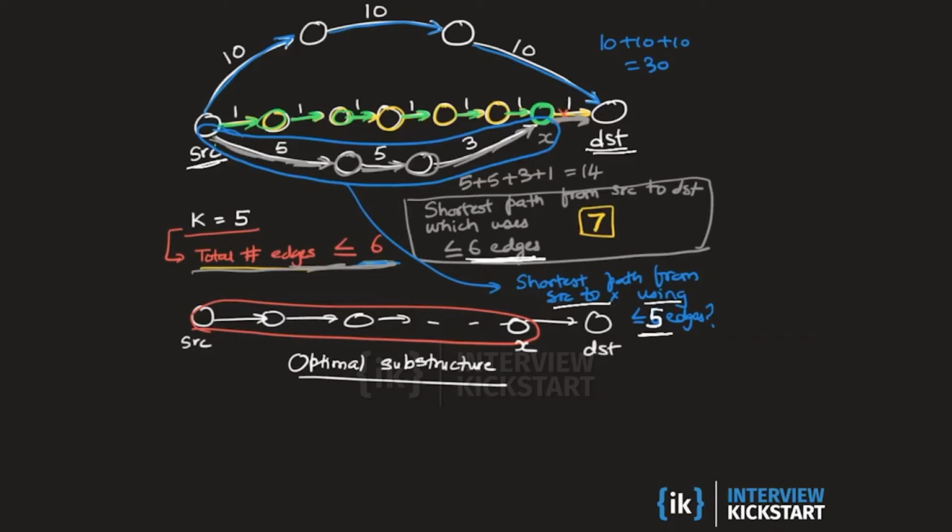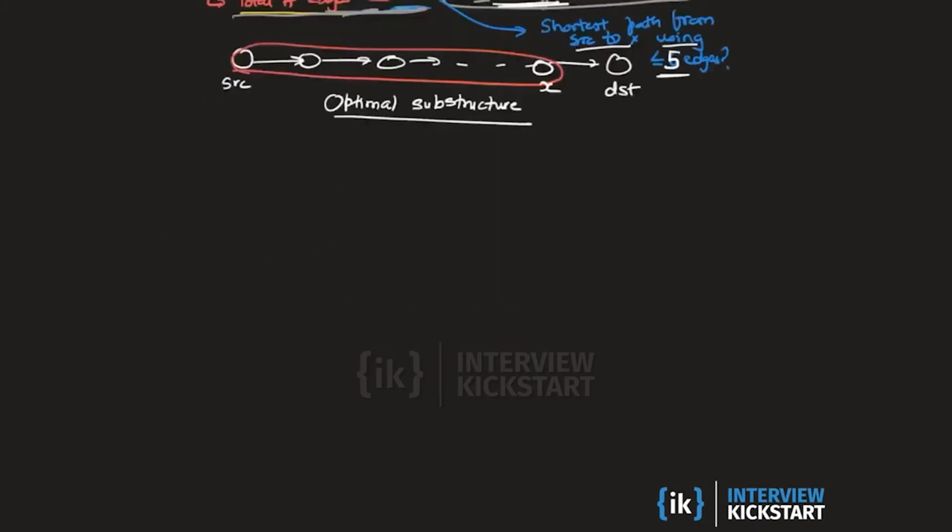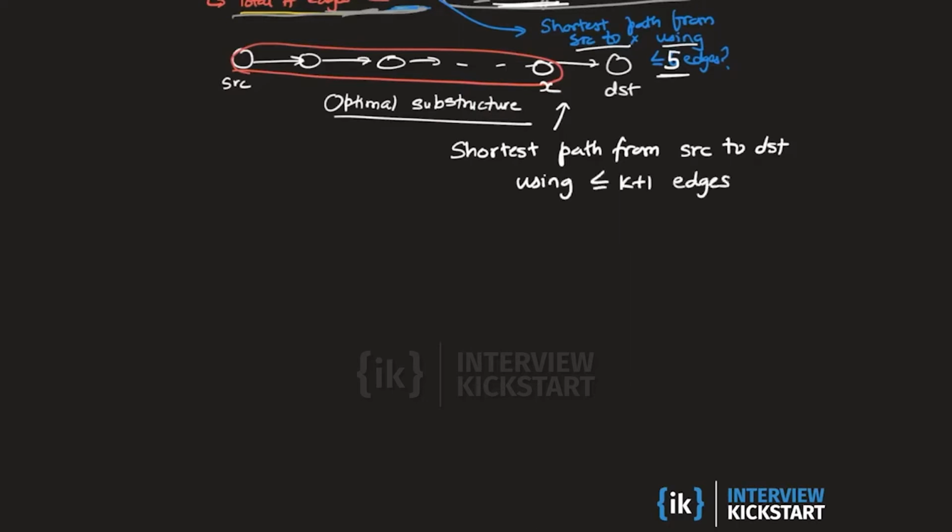So when defining subproblems, when looking at prefixes of the original problem, if we can reduce the number of edges allowed for those smaller prefix subproblems, then we might end up with optimal substructure. For example, if what we have here is the shortest path from the source to the destination which uses less than or equal to k plus 1 edges, which is what we were given in the original